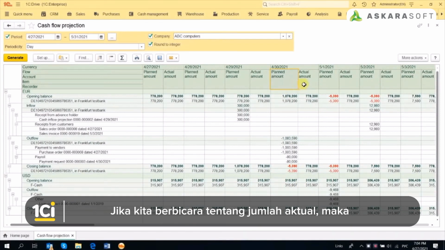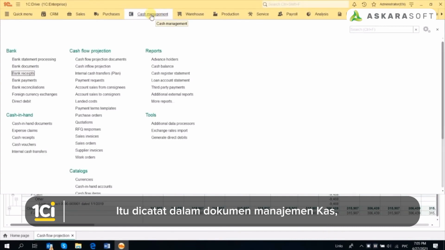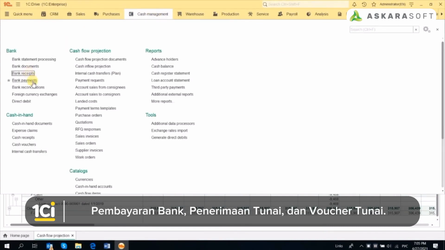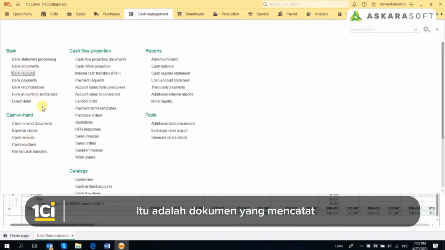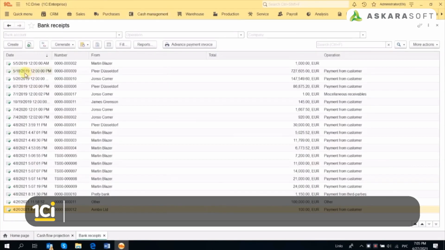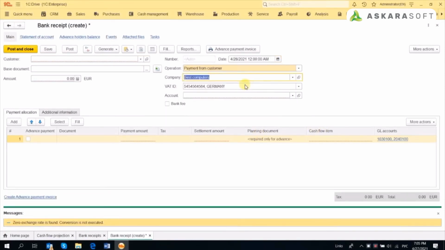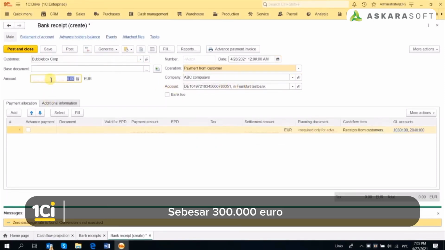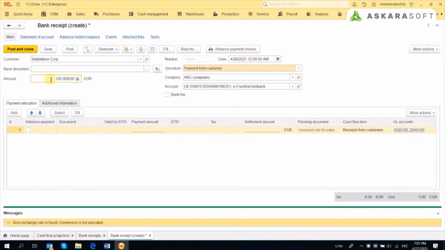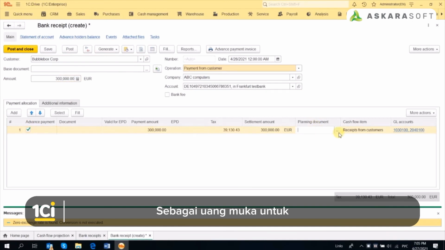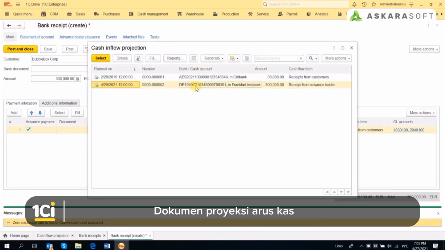If we talk about actual amount, then those are registered by cash management documents such as bank receipt, payment, cash receipt, and cash voucher. Those are the documents that register actual movement of money on our bank and cash accounts. For example, if we register, say on 28th, the receipt of 300,000 euros as advance for the cash inflow projection document,